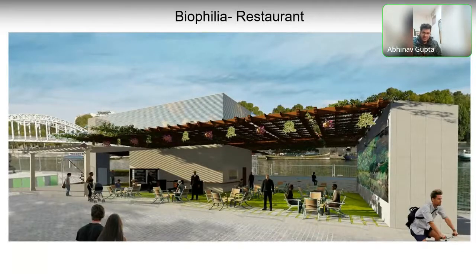So this was a very interesting thing that I worked on. This was an international competition where we were supposed to design a restaurant. As you see, there is an overhanging cantilever of wood that's open from the top, and that would of course get a lot of negativity in terms of what happens when rain comes, what happens when wind comes, etc. But we covered that on top, and we created a lot of creepers on that so that when somebody looks into that, it looks green. In fact, because of my love for biophilic, I called the lower part of this design Cafe Biophilia.